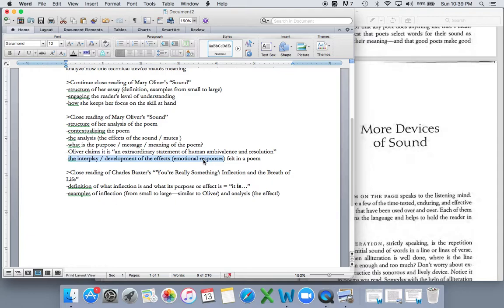It's kind of a command. And if we're not looking at how that command has one effect and then the description has another, and then talk about how they work together, we're not getting a full reading of the poem. Now, the same thing is happening here in Stopping by Woods. We can't just read the first stanza and say, oh, this poem is about stopping to enjoy the beauty of nature